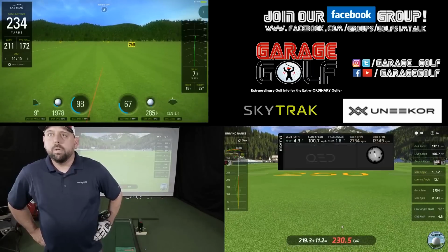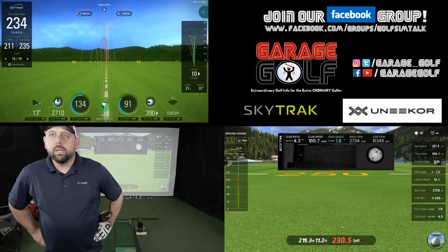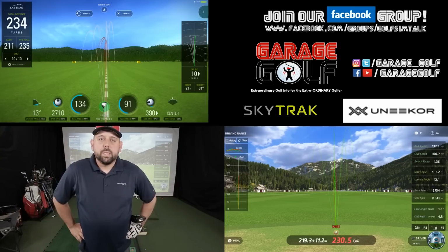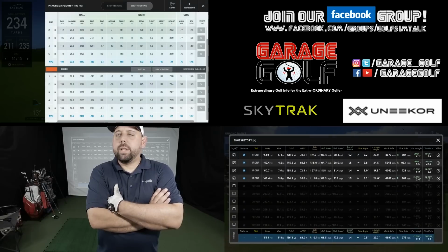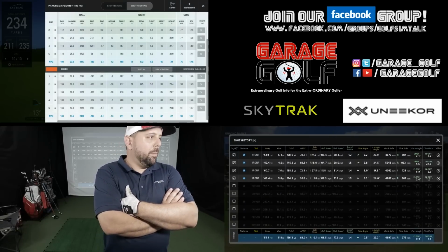219.3 versus 211. Again, Uneekor QED had it a little bit further as far as carry distances. So let's look at the final numbers on both and see how close they were to each other. All right, so now looking at the numbers, if you look on the Uneekor QED on the bottom right,